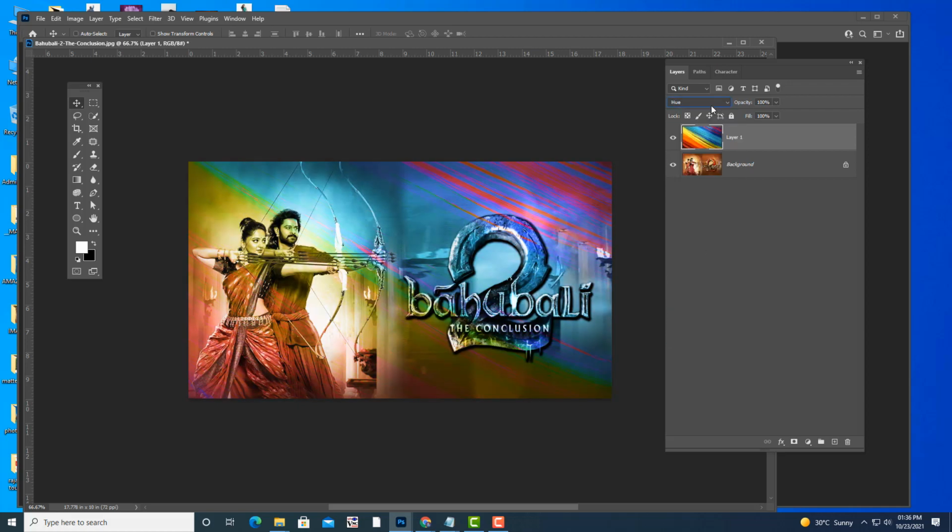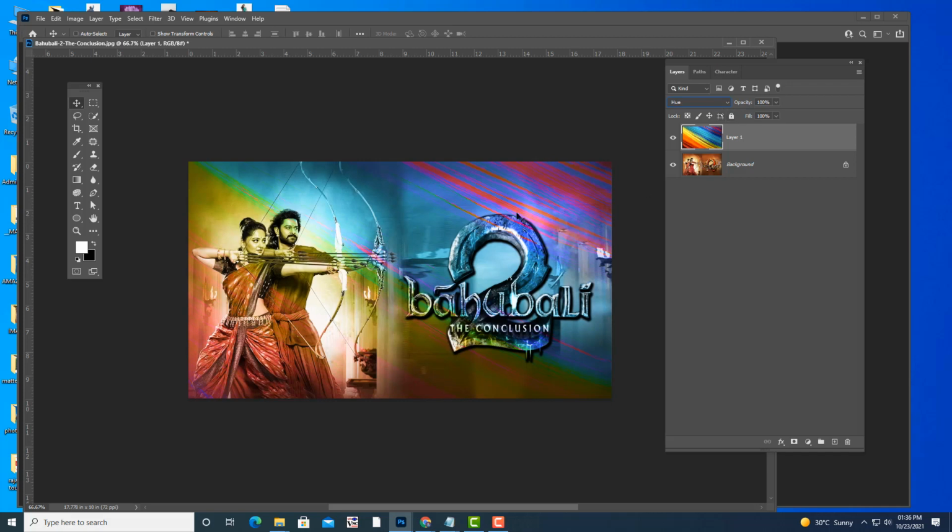The moment you select hue, all of you should remember this word, hue. Hue means all colors except black and white. Black and white are actually special colors. They are different from other colors. Black is for full darkness, white is for full brightness, and the remaining things are actual colors, and those colors are called hue.